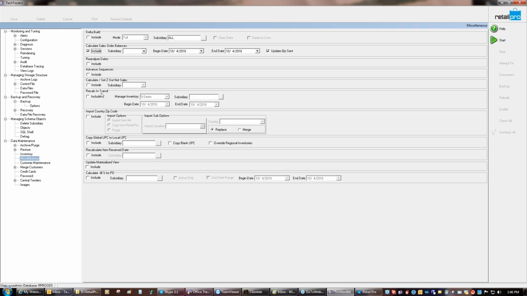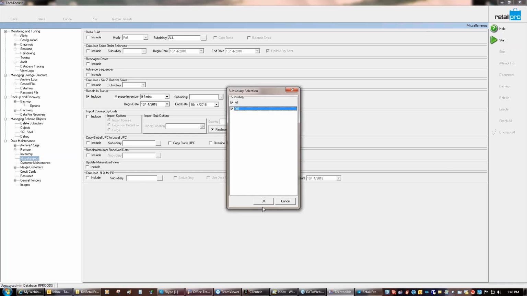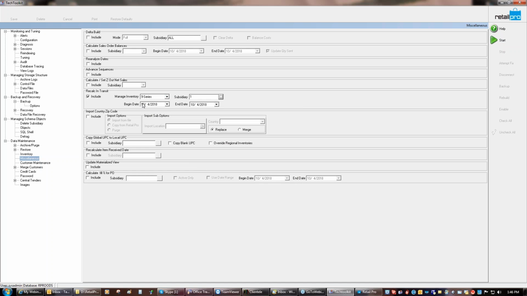you could recalc your in transit. Okay, if those of you on the phone, any of you have multiple stores and you're using in transit, this could give you a way to have it recalculate what should be coming across. Okay, we would put 9 series here, obviously. Subsidiary would come right here, and then you would tell it what date range you wanted it to recalculate for. Okay, if you realize that